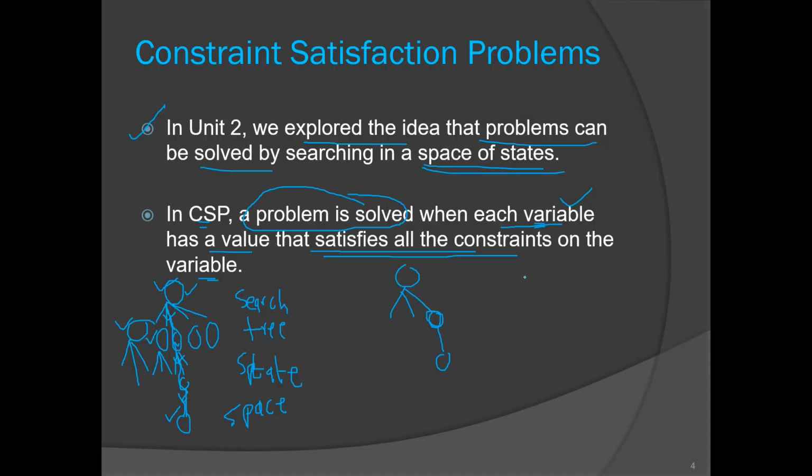Let me give an example of the 4 queen problem. What do you know about the 4 queen problem? We have to place 4 queens on a 4 by 4 grid so that none are attacking each other. We have to place 4 queens from a chess game on a 4 by 4 grid so that none are attacking. Once you start solving, at each step you will be assigning a value to one variable. So here the variables will be queen 1, queen 2, queen 3 and queen 4. These are our 4 queens.